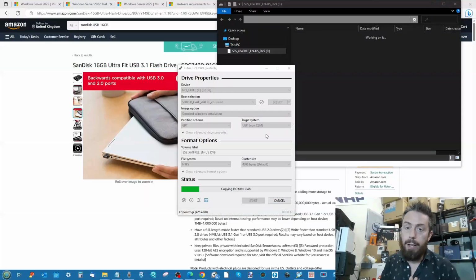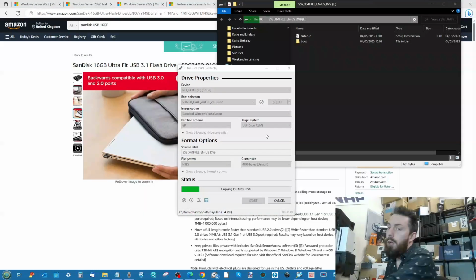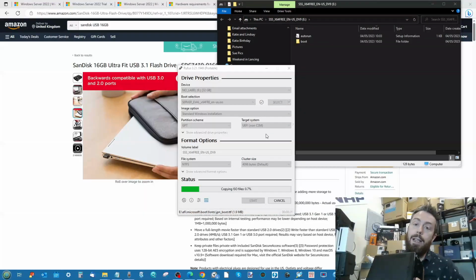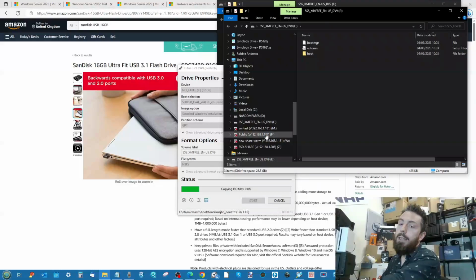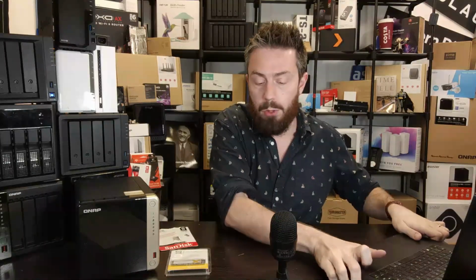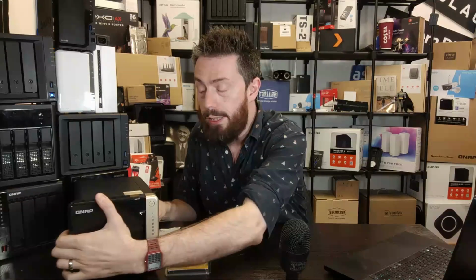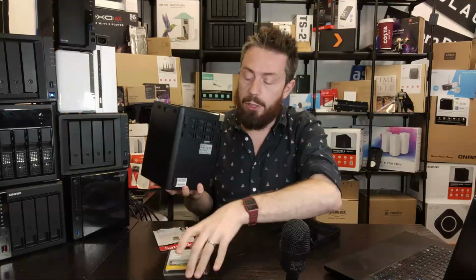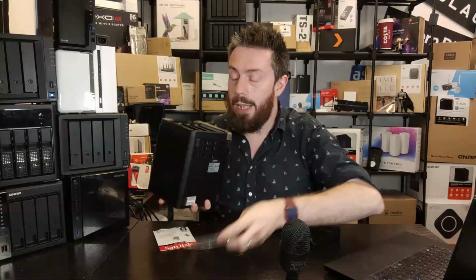Then the next step in our installation is getting our QNAP ready for that installer. So what I'm going to do now is head over to the other screen. So now we're back on the other screen. What I'm going to do is move the laptop, move the mic a little bit, because now we have to prepare our QNAP. Again, it will depend on the QNAP you are using. So in my case, I'm using that TS464. For me to install this M.2 NVMe, what I need